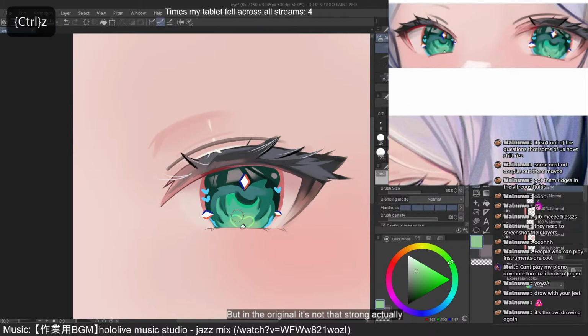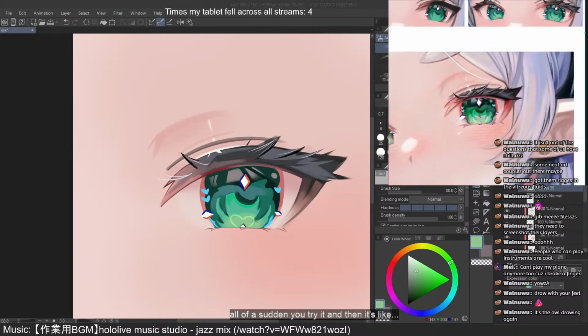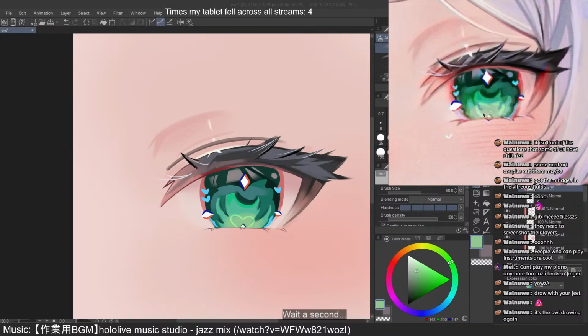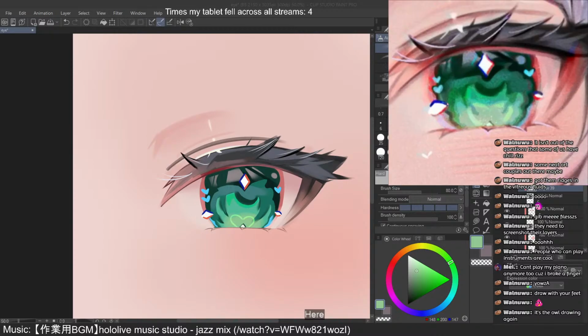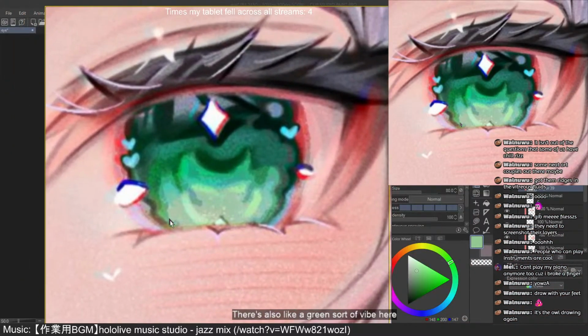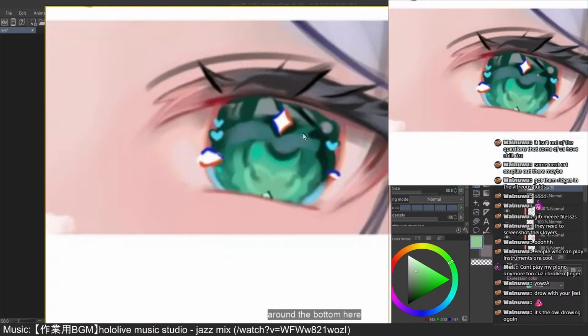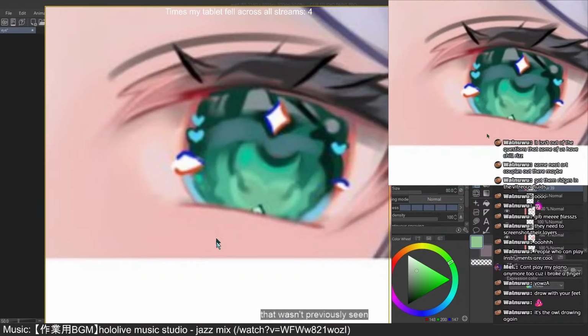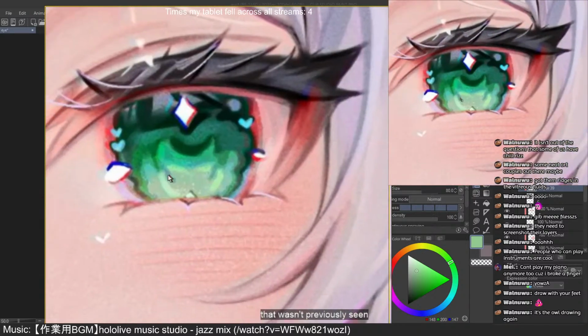Yeah, it's deceptively not our drawing, and then all of a sudden you try it and it's like, wait a second, what's happening here? There's also a green vibe around the bottom here that wasn't previously seen. It looks pretty isolated to just this area, but it's affecting all the stuff underneath, so adjustment maybe somewhere here. So the red, the green,